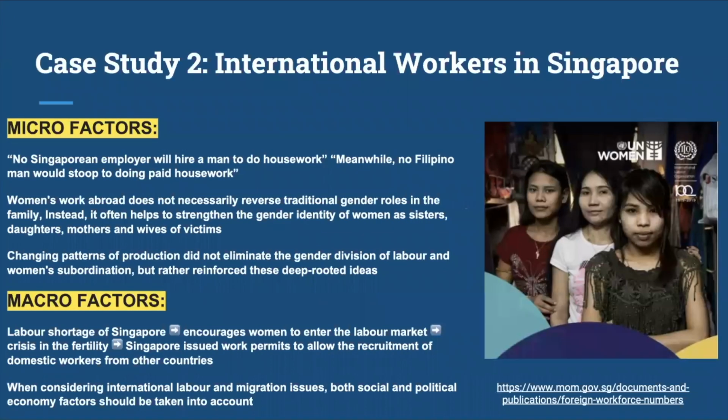And in this session, I would like to discuss the factors that cause certain issues in Singapore. Firstly, it's about the micro factors, which simply is that no Singaporean employer will hire a man for domestic work. And at the same time, no Philippine man will stoop to unpaid domestic work or work below his educational qualifications. And behind this sentence is an interview about job choice from a